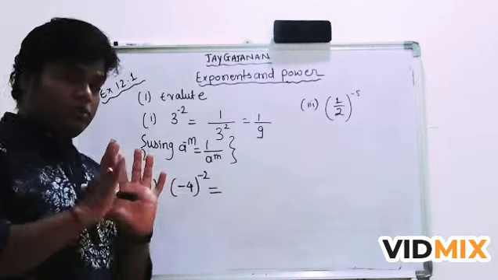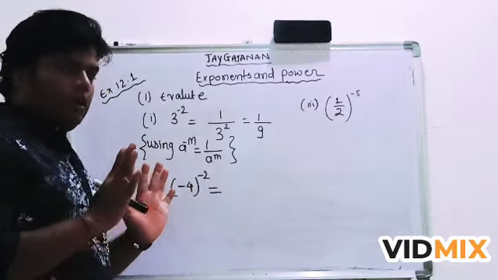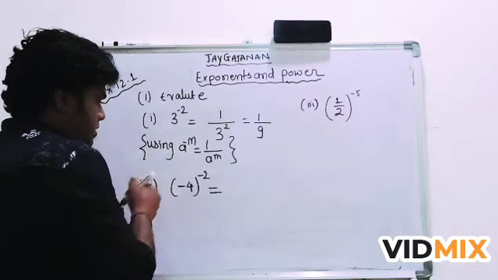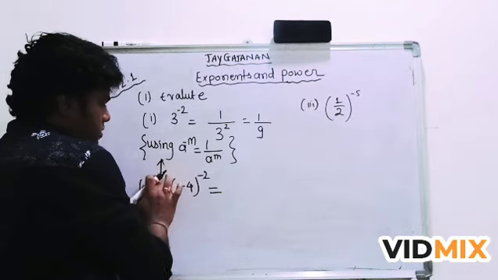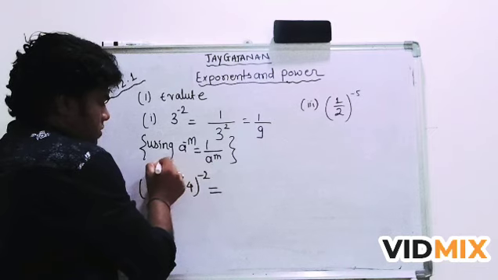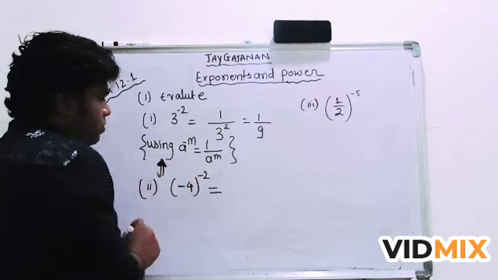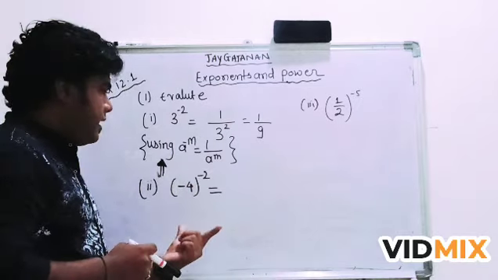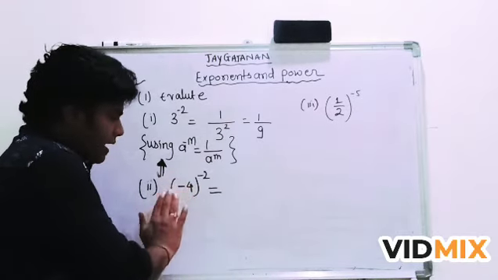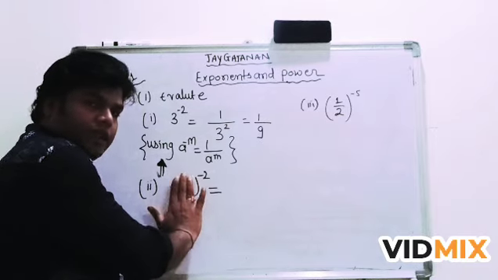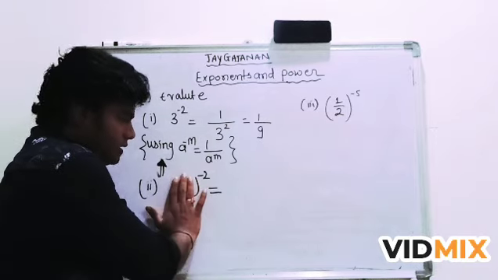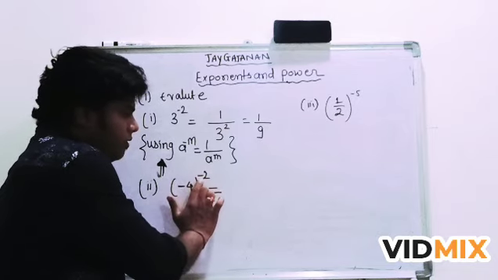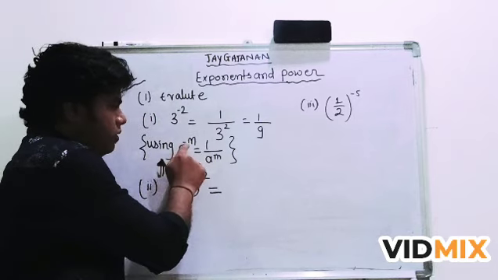Now both are minus, don't get confused. We have to use the same identity which we have used here. Okay, we are going to use this identity. So this is the most important identity. Now consider this complete bracket as a. Okay, this is a complete bracket a. So this is not minus 4, this is only a. Don't take it as minus a either. We will consider this as a to the power minus 2, meaning a to the power minus m.